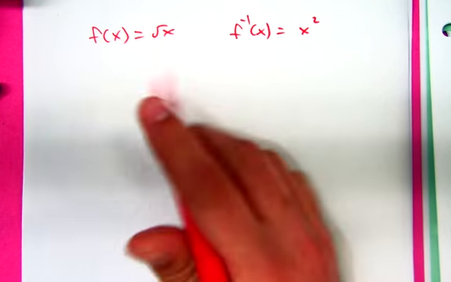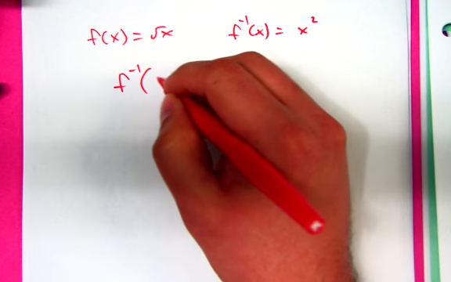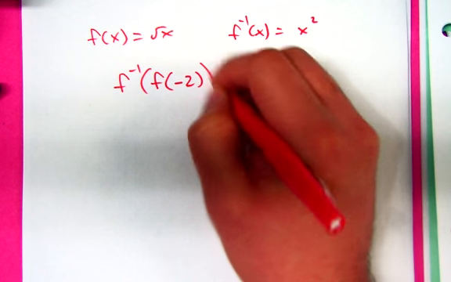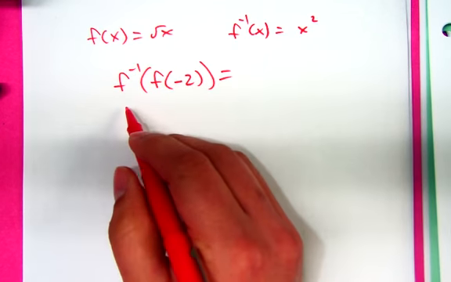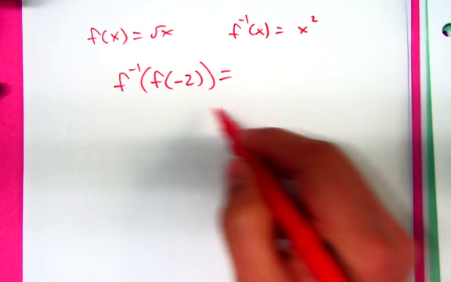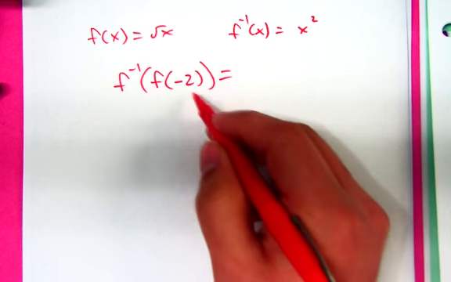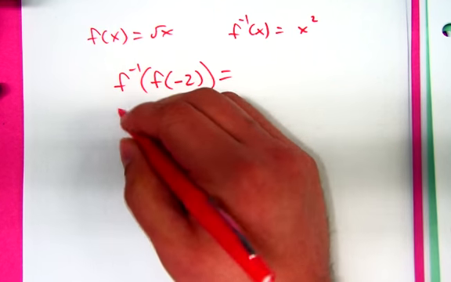If you take this, this is one scenario where you would not be able to calculate this, because you can't take the square root of negative 2. However, if you switch the order,